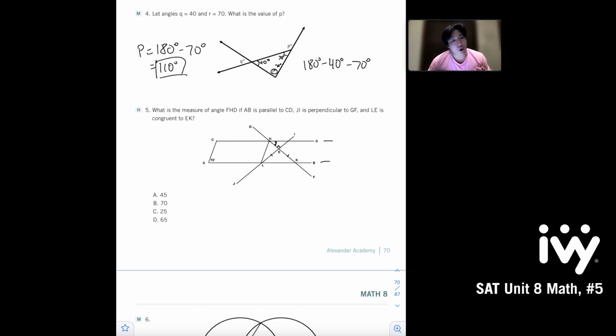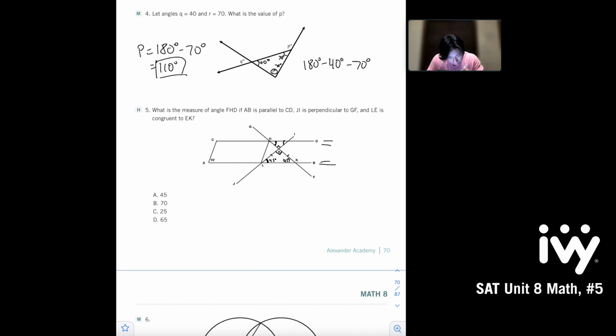But the first thing, let's go off some of the information that we're given. We see that LE and EK are equal, which means that this right here is in fact an isosceles triangle. And by vertical angles, we also know that this angle here is a right angle. So what this means for us is that these two angles are both 45 degrees. Knowing that these two angles are 45 degrees, we see that because CD and AB are parallel, we have alternate interior angles for this 45 degree angle right here alongside